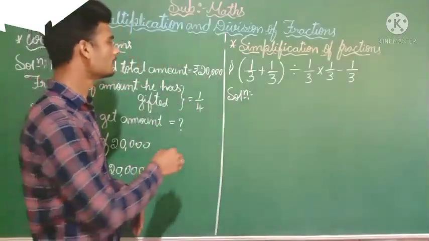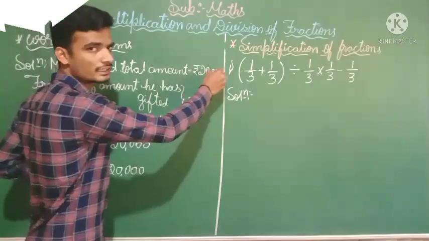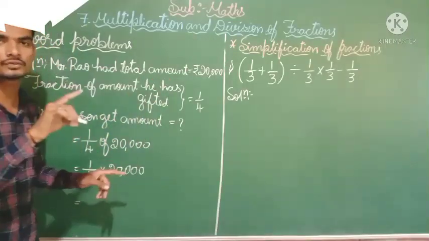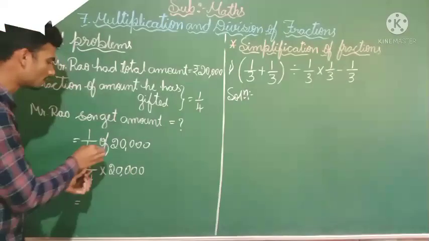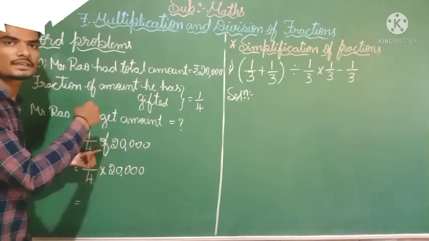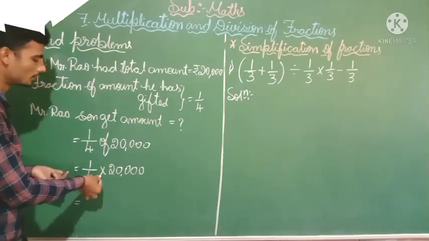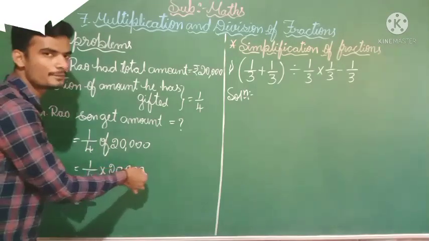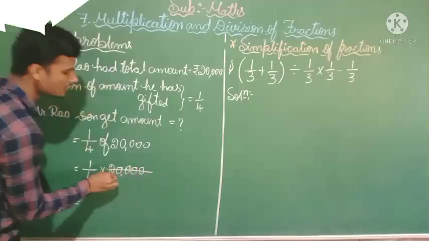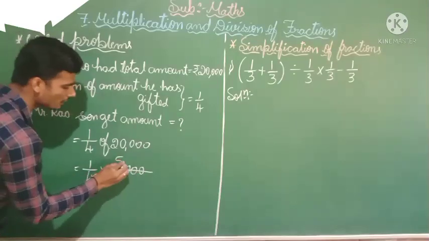So first you want to write the fractional part: 1/4 of 20,000. Here you want to use 'of'. We have learned 'of', isn't it? Then you know that in place of 'of', it is replaced by which symbol? It is replaced by the multiplication symbol. So I have written 1/4 into 20,000. Now we want to simplify this. 4 ones are 4. How much are 20? 4 5s are 20. So how many remain? Zeros remain. So 3 zeros, isn't it? So write down those 3 zeros here.